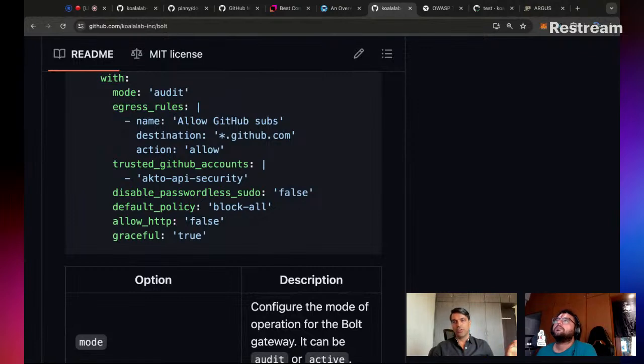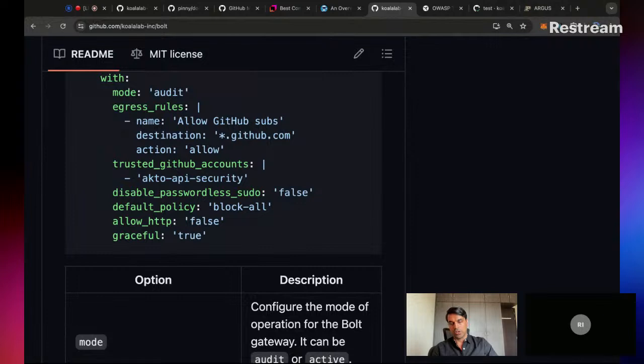So Bolt will be able to detect such things by going through all the file open, file edit events, and all the process execution events. It generates a graph of all the processes and all the file events that have happened, and analyzes them to figure out